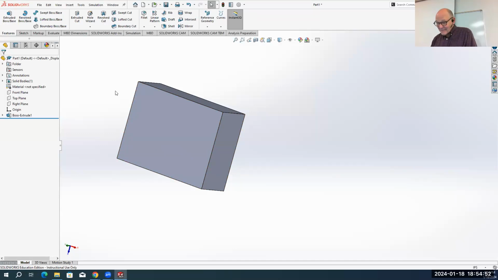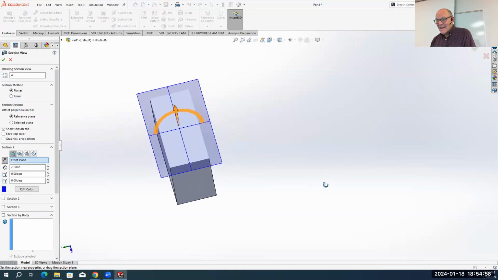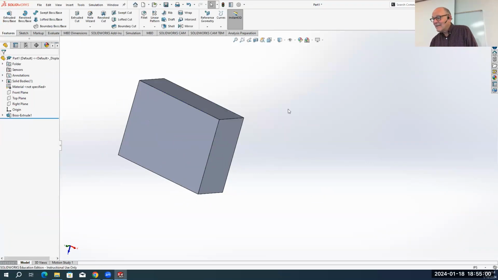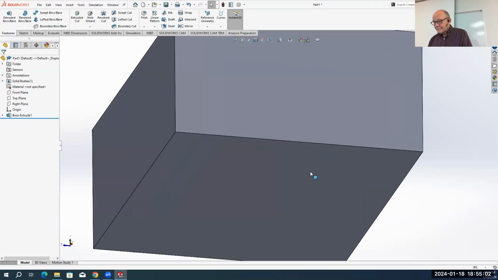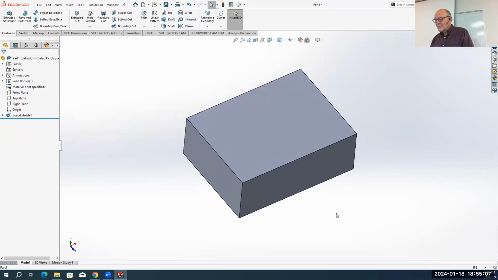It has a mass. It is solid. If I were to cut it in half and take a look at it, bring it up through like that, it looks like that on the inside. I get rid of that cut, looks like that. Now, that's called an extrusion,